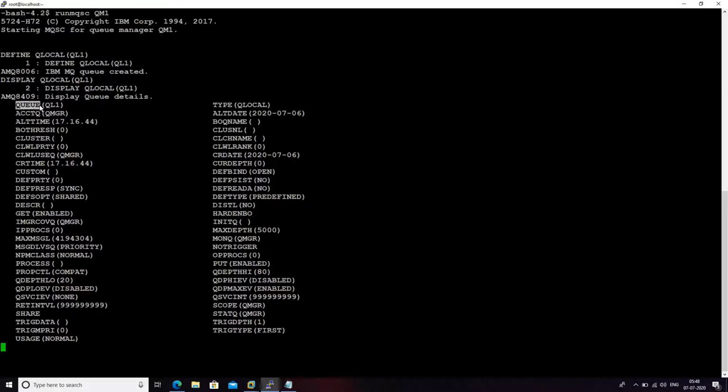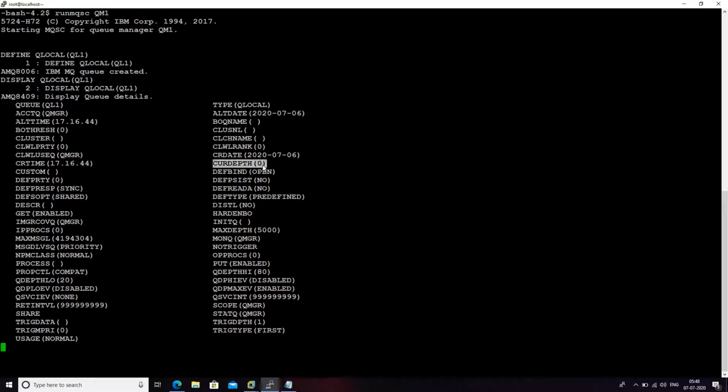Queue defines the name of the queue, see, QL1. Type defines which type of queue it is, like a local queue, remote, or cluster. And see, this is put enabled. There is also get enabled, which we will also discuss. And curdepth defines how many messages are there in this queue.